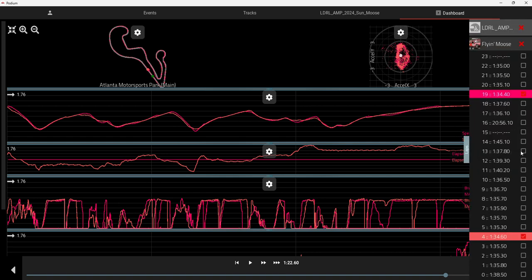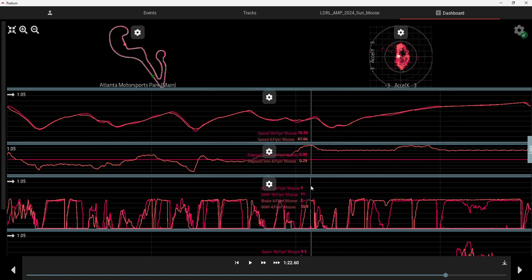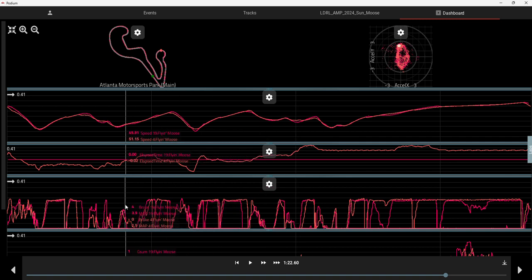Let's see if this will open up here. Yeah, so he did a 34.4 and I did a 34.6. So, you know, he ain't whooping me that bad, but he's still beating me. And it's kind of cool to be able to see. So where is he beating me? I know there's probably a way